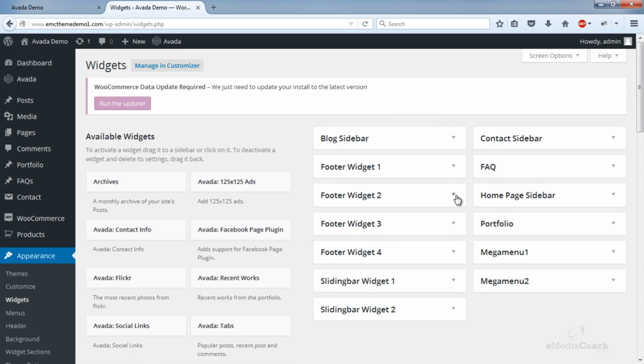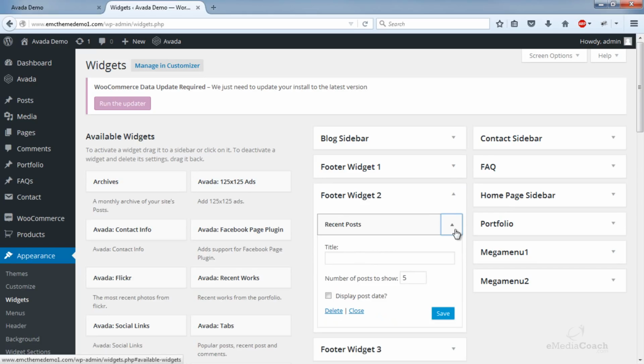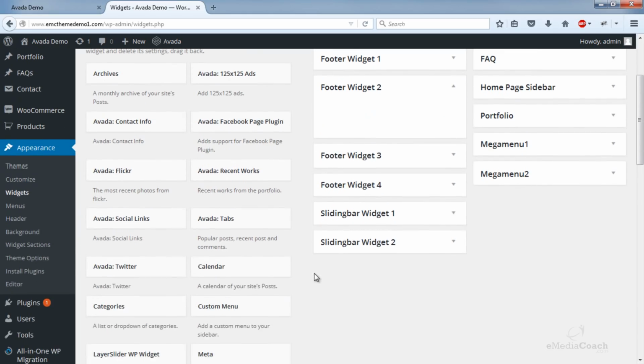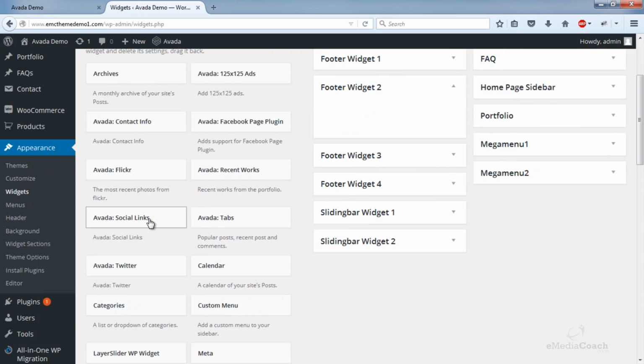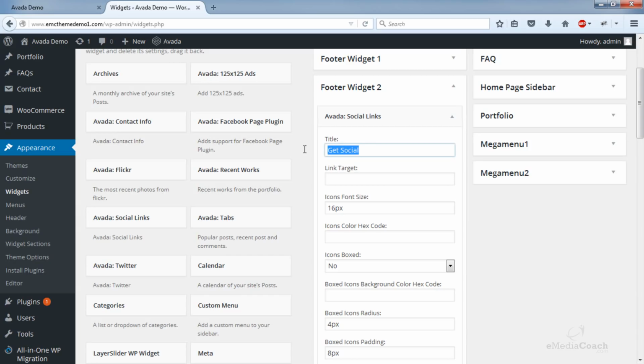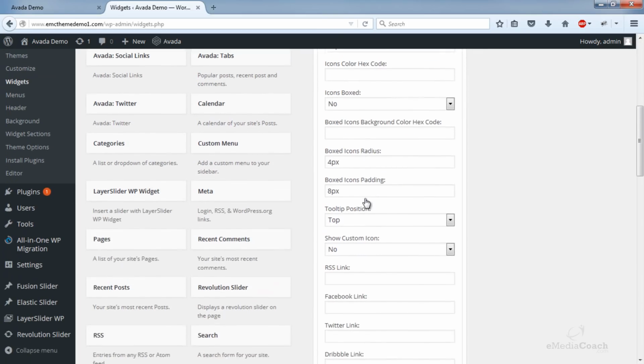So let's go ahead and make changes to our footer widget. So I'll leave the first one as is. The second one, recent posts. The reason why nothing's showing up is because there's no recent posts at the moment. There are no posts. I'll just delete that. Now let's see, what can I do? I might add some social links. So I might drag and drop that in. I'll leave all this other stuff as default.